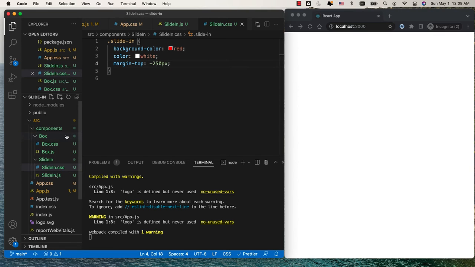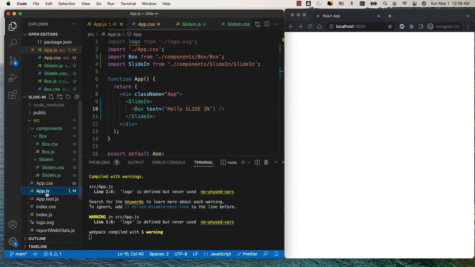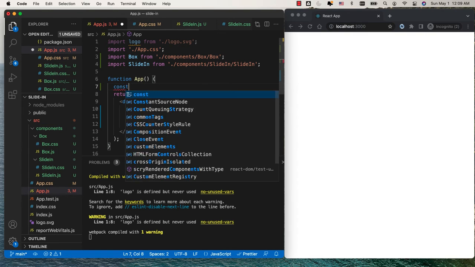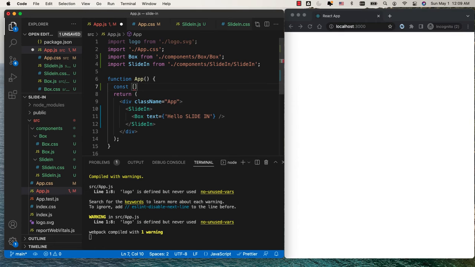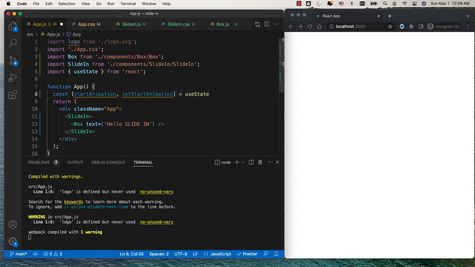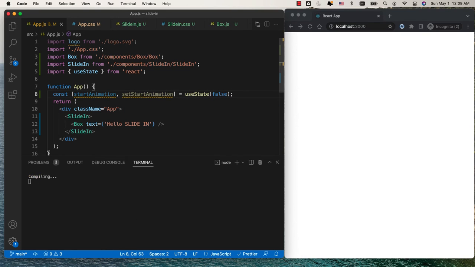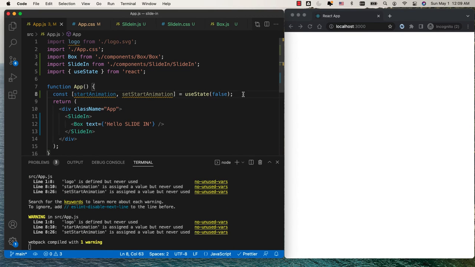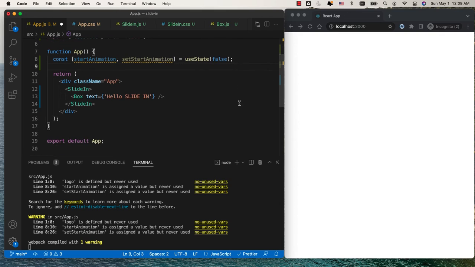So what if we start with a negative margin top, like so, and then go back to the app and specify a state of, let's say, start animation. And then set start animation, use state, so it will be false in the beginning, so we're not animating right in the beginning of it, and then